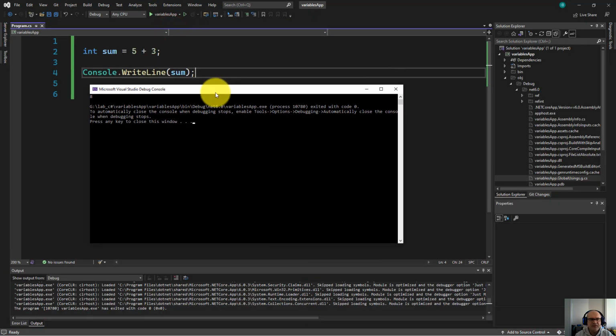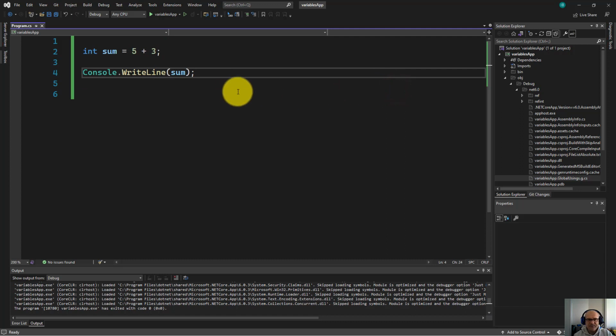Here you go. Here is the result, 8. It is the addition between these two numbers, 5 and 3, which is obviously okay. Now, just for fun, if I